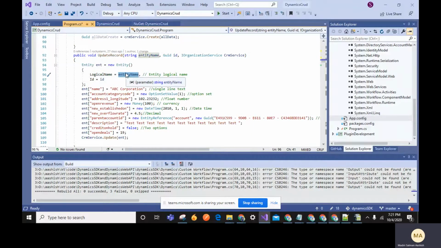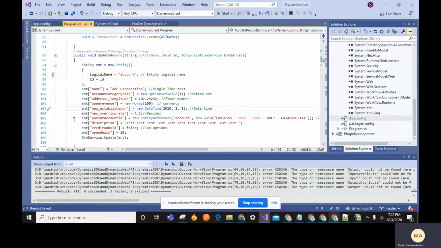Suppose I'm updating an account record, so we need to give account. In this we need to pass the GUID of the ID, and here we need to give the values which we need to update, same like the create method.